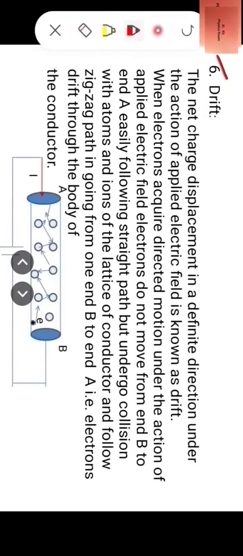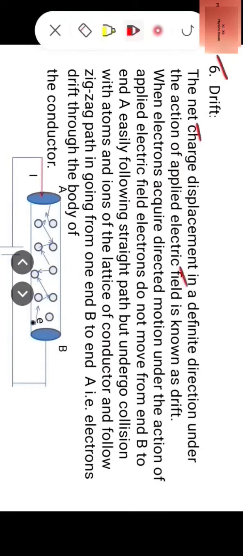Hello friends, continuing with the topic of Ohm's law, today we take up preliminaries part 2, in which we will take up the terms like drift, 7th relaxation time, 8th drift velocity, 9th mobility, 10th relation between current flowing and drift velocity, 11th relation between current density and drift velocity. 6th drift, the net charge displacement in a definite direction under the action of applied electric